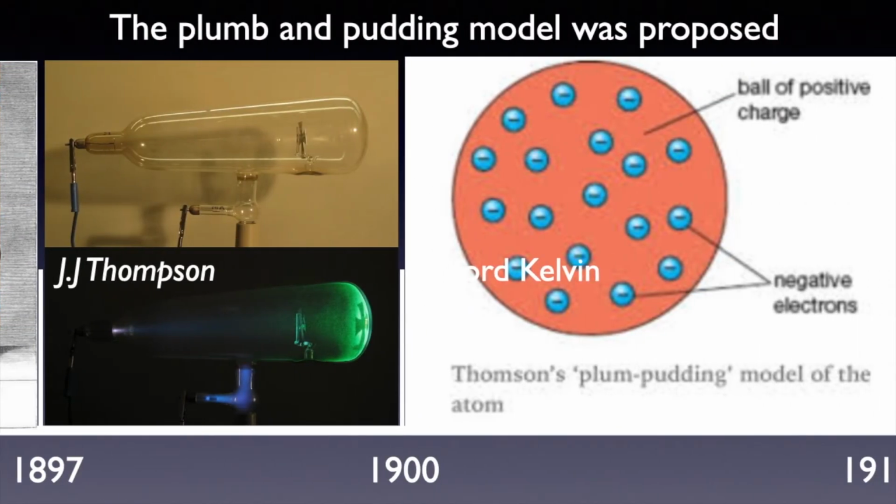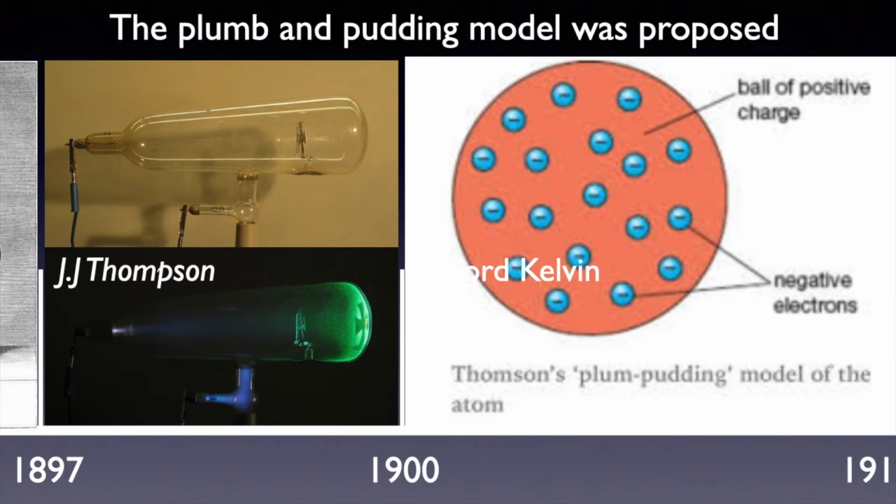Very quickly in succession, atomic theory developed, okay? So just a few years later, we've got Thomson's plum pudding model of the atom. So J.J. Thomson was the discoverer of the electron, and he decided that the electron should be in the atom, and there it is. The electrons are these little blueberries with the negative signs in the middle, okay? And they're all dispersed throughout the atom.